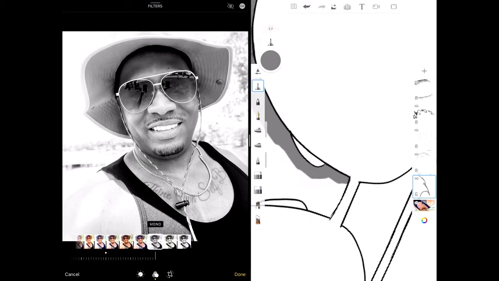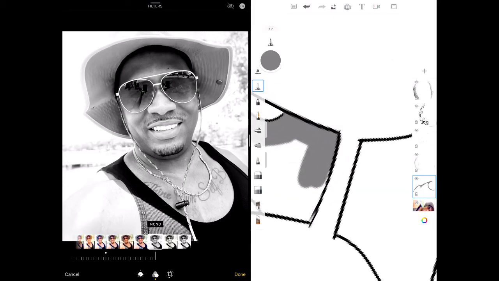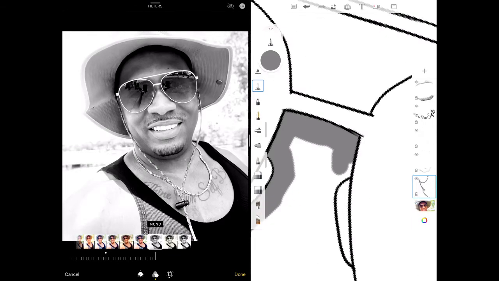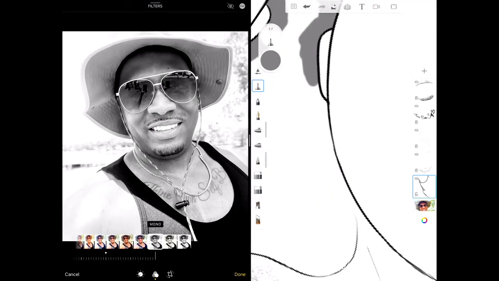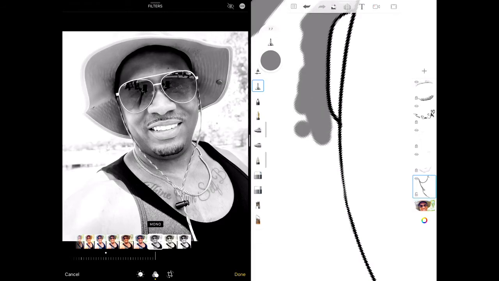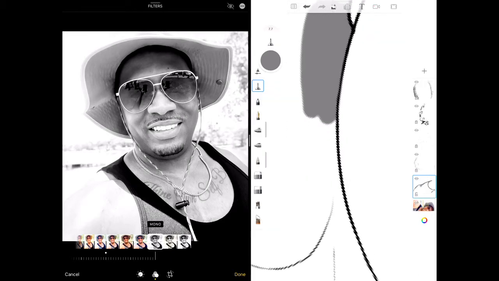Carefully adjust the size of your felt pen tool, then fill up the skin color. You can fill up the skin color on a different layer. Then fill up the base color for the glass on a different layer, and do the same for the shirt on a different layer. Make sure you place them on different layers to have a clean workflow and to avoid unnecessary mistakes. So just keep on filling up the colors.